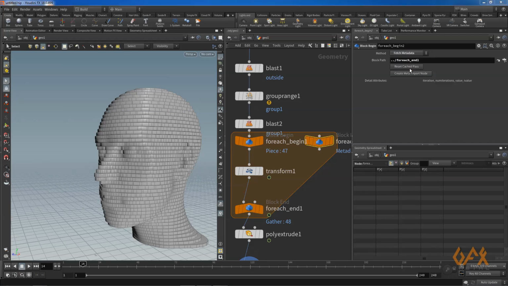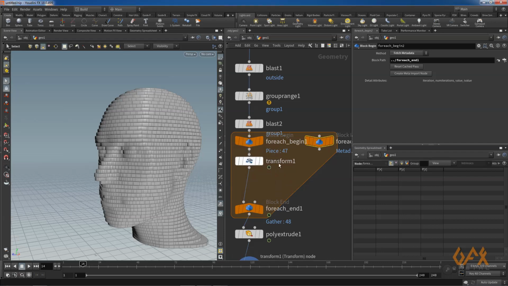Now here I just select this, and here the method fetch piece or point, I change it to fetch metadata. So what it fetches from this for each end one is the number of iterations value and I value. Right now I need this iteration or num iteration. So basically whatever that looping, first piece number 0 is going, so that 0 value is stored over here. Then again this process loops to 1, so that particular value goes over here. So now I need to call that data.